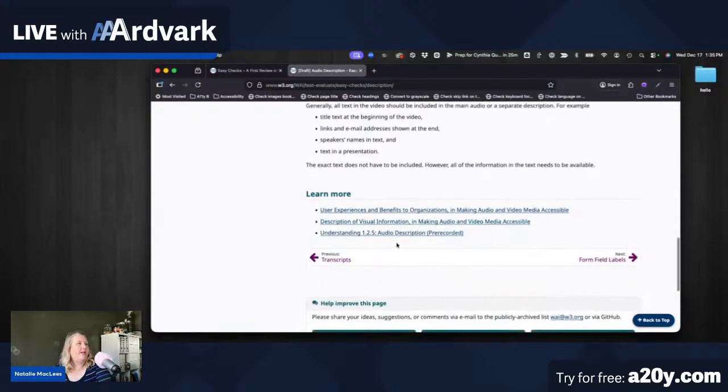All right, so audio description. It is WCAG 1.2.5, audio description for pre-recorded. Obviously, audio description would be very challenging to provide for a live broadcast, but we can provide it for pre-recorded media. So another alternative, if you're making videos, to providing an audio description is to just ensure that as